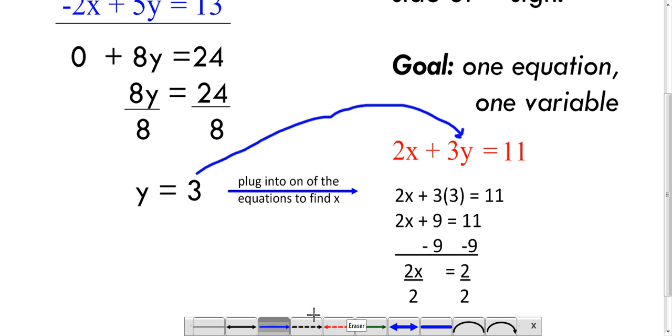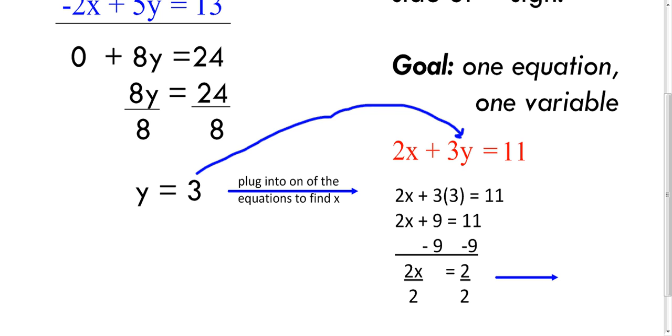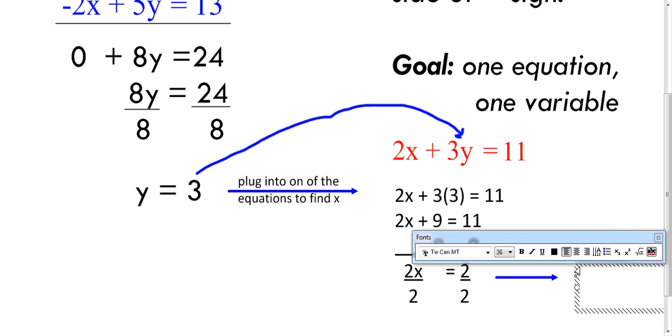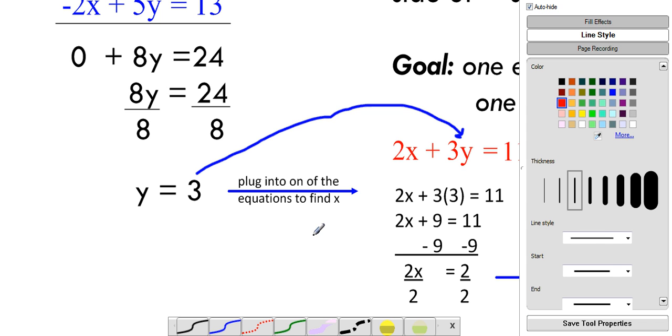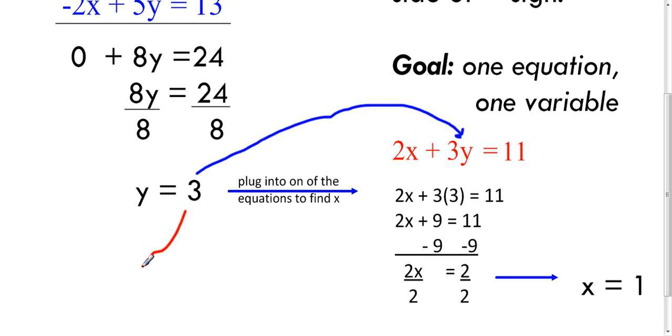Save some space in this direction. So then x is going to equal 1. Now, you're going to take this information and you're going to take this. You're going to take this